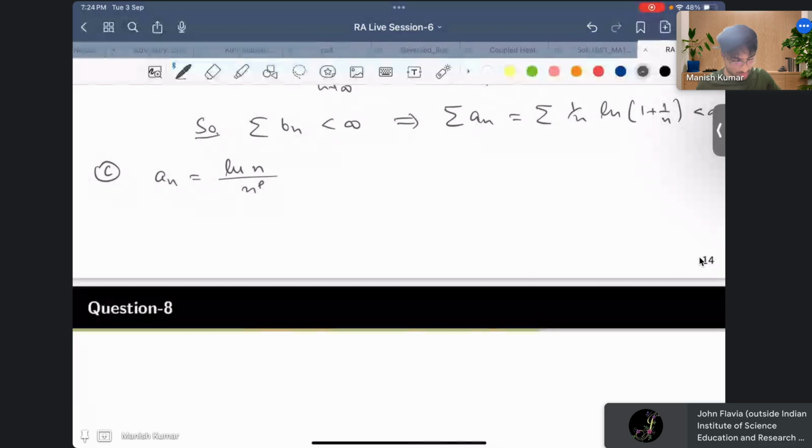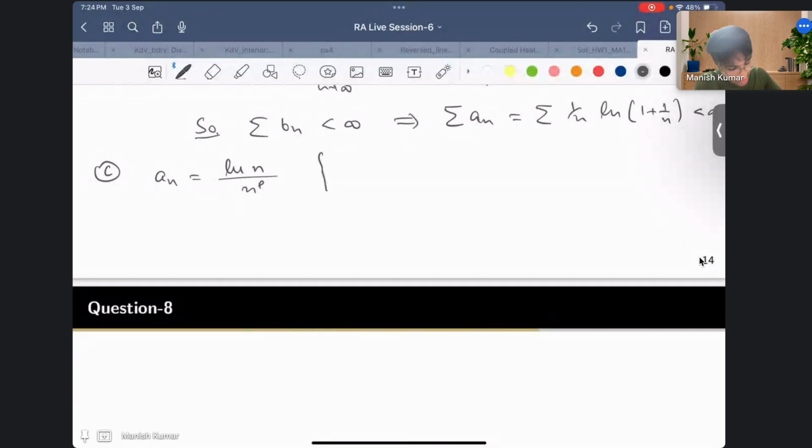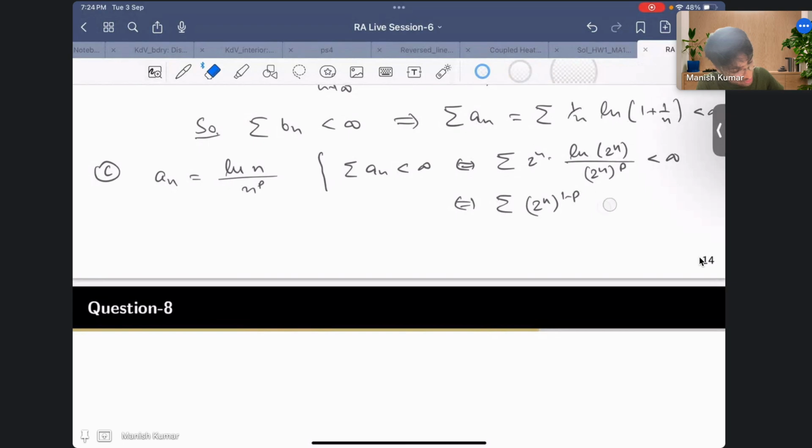That is the question, right? Because in the condensation test, maybe you can just try to use the condensation test. Then what will be the answer? So this is finite if and only if this summation of 2^n times ln 2^n upon (2^n) raised to the power p is finite, and this will cancel out, so you will get 1 by 2^n raised to the power 1 minus p. So this is n, sorry, n times ln 2 is finite. So see, when p is greater than 1,